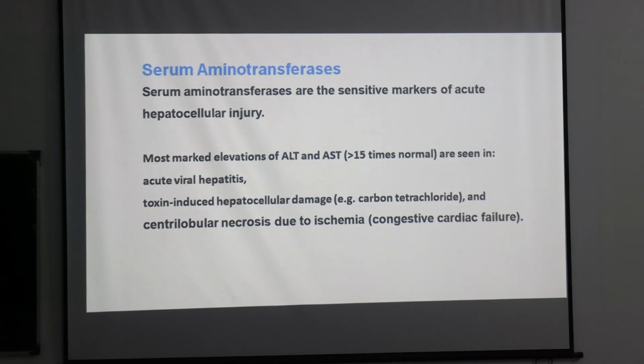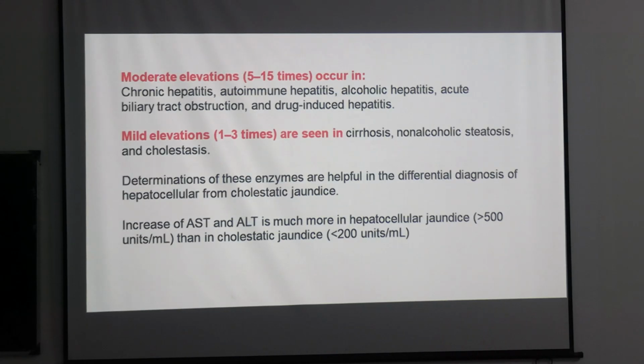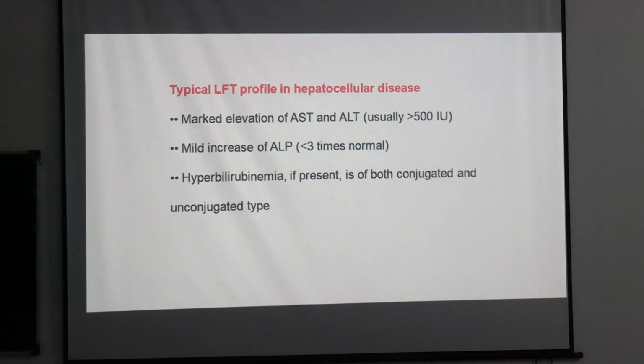Serum aminotransferase: the most marked elevations of ALT and AST are seen in acute viral hepatitis, toxin-induced hepatocellular damage, and centrilobular necrosis due to ischemia. Typical LFT profile in hepatocellular disease: marked elevation of AST and ALT, mild increase of